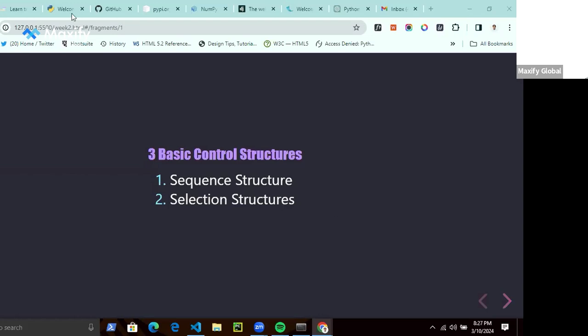So the third control structure is repetition. These repetition structures enable us to do certain things continuously, more than one time. Let's say we want to repeat a statement continuously based on a certain condition. This is also known as iteration.